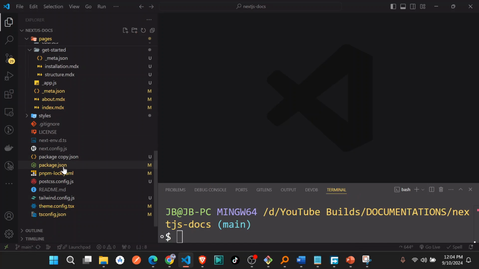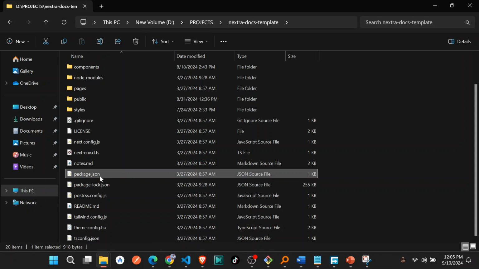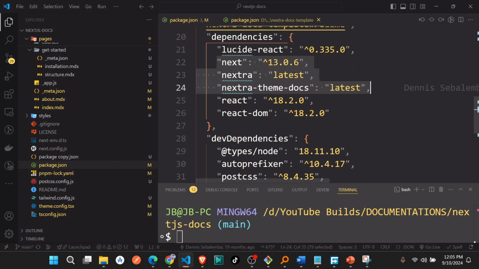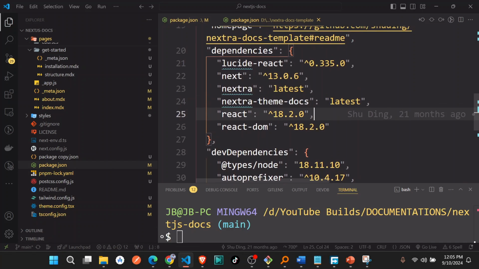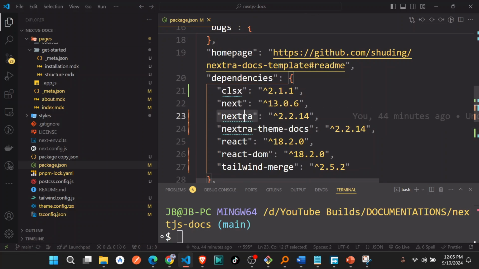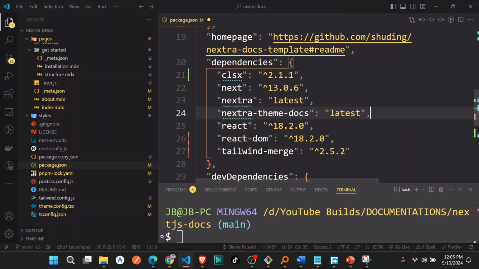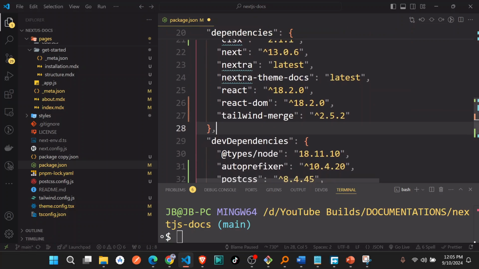Just close this package.json. So I want to open this one. This is the one I'm using. So let's just see. Nextra here is saying latest. If you put these two here like this, latest,